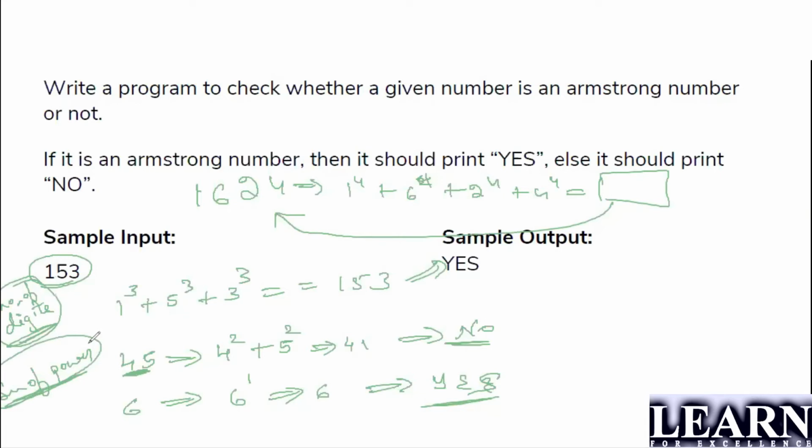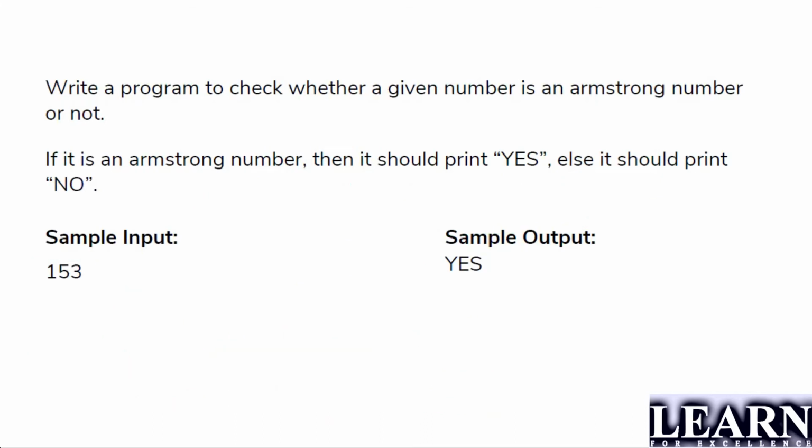for Armstrong number. Please be careful in this. Yes, the majority of the test cases will be 153. If you take out the sum of the cube, you can run the program and you will get the answer, but it will be a partial answer because half of the test cases will get clarified. Other test cases will not get settled. There are only two steps here. One is finding out the digits. Next one is finding the power. For power, you can directly use the math function or you can go with this also. No problem with that.